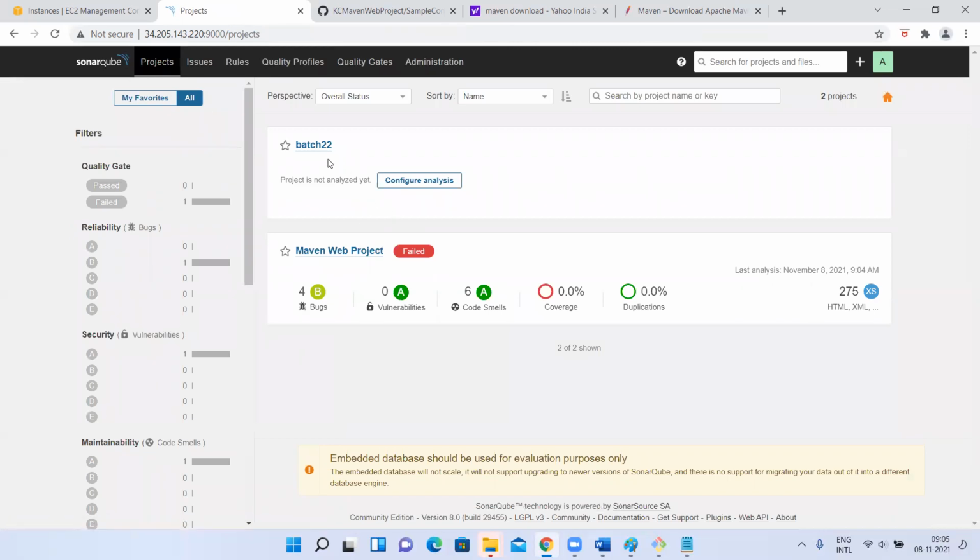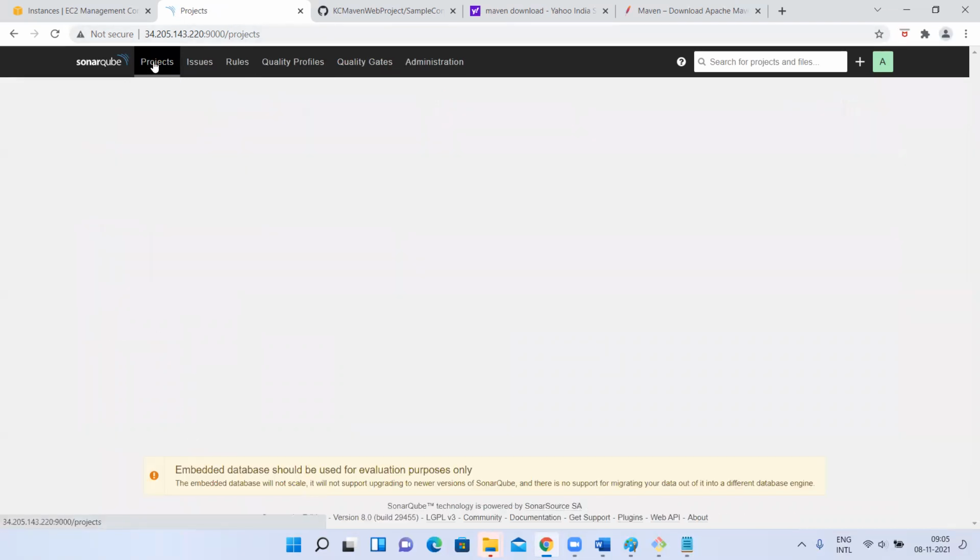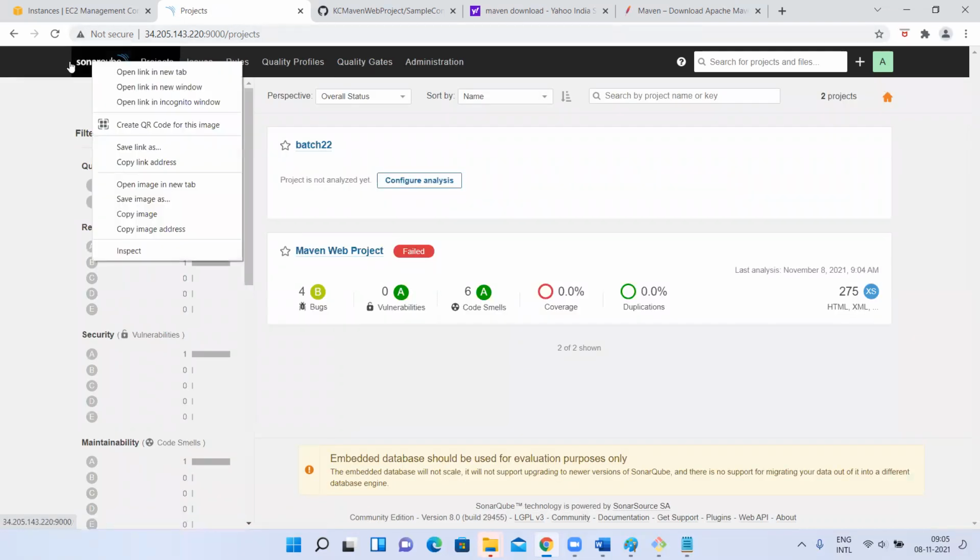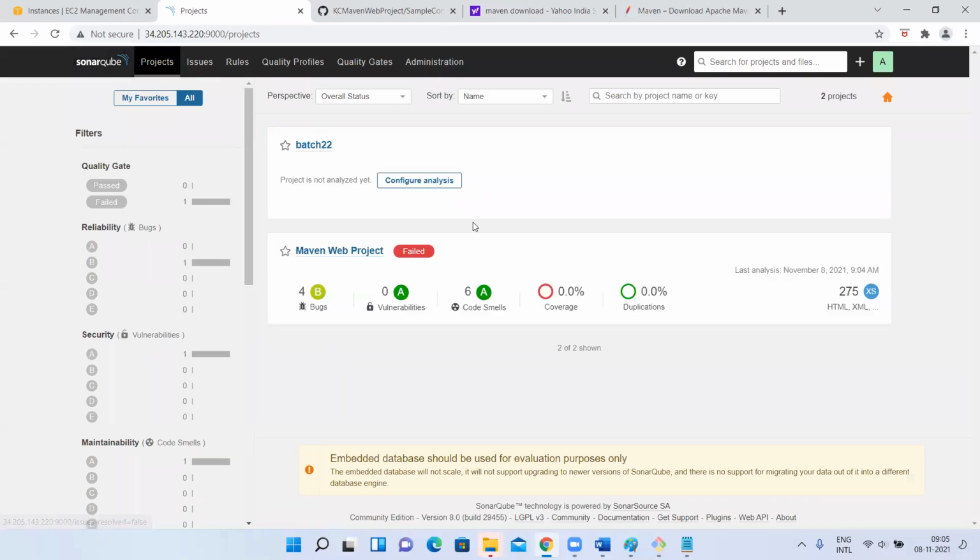Yes, sir. Okay. Next, we have seen projects. If you click on SonarQube, it will come here, or if you click here also, it will come here. So it is going to show the list of projects. It means I have scanned a KC web project, a Flipkart project, an Amazon project, a Gmail project. Like that, it is going to show all the projects for which you used SonarQube and uploaded the report. Those projects are going to be listed here under projects.